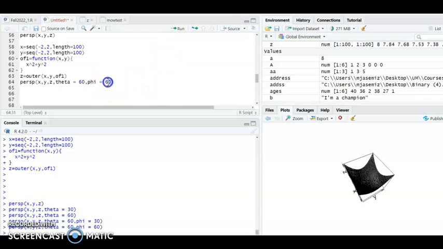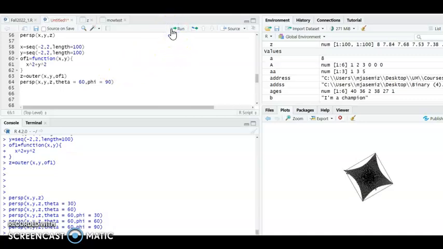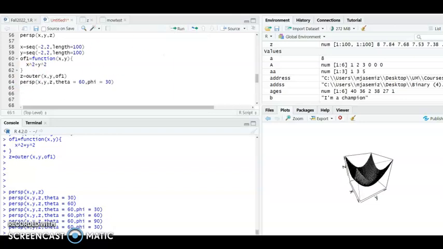Okay, and since you have more time, please try it from different perspectives and enjoy the power of your computing machine. Okay, and let's have it like this. And that's the last thing today, my friends. I add another option called col equals orange, and I run it and see the results. Now it is